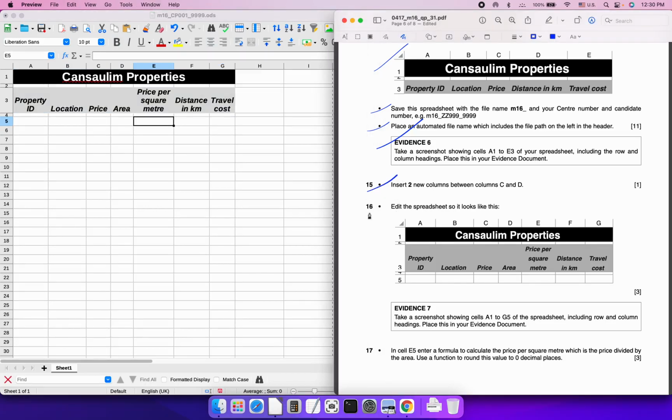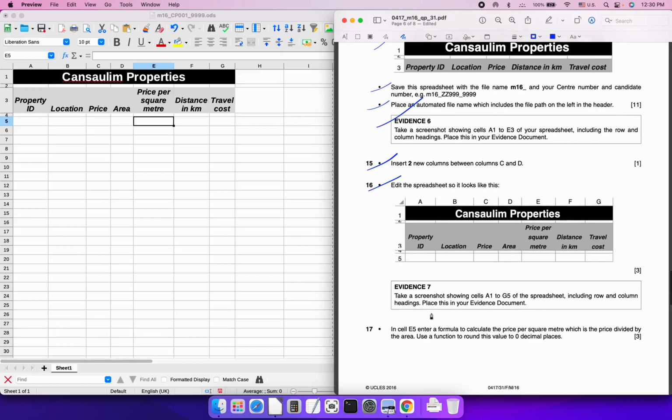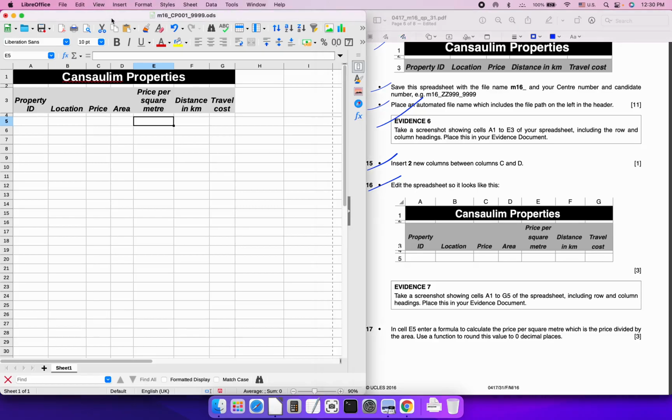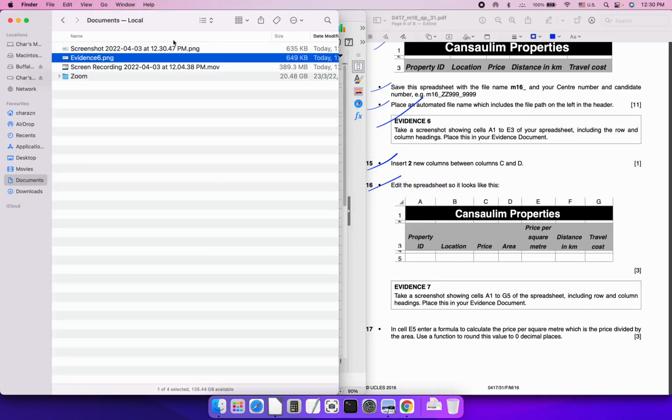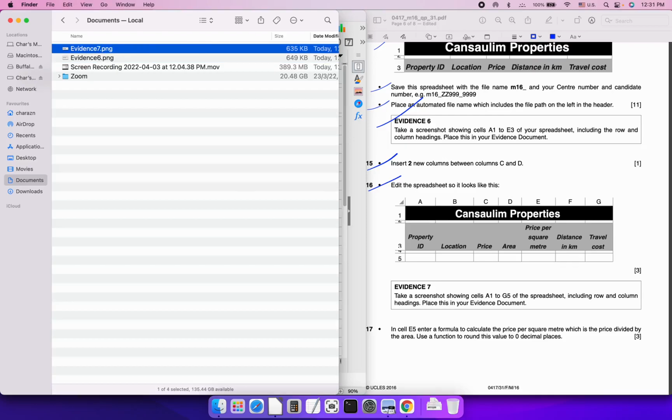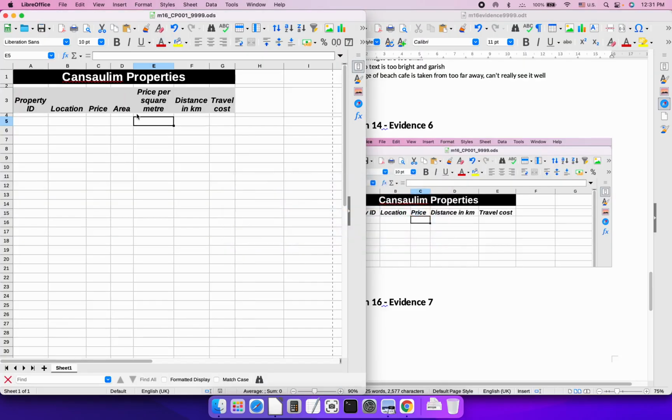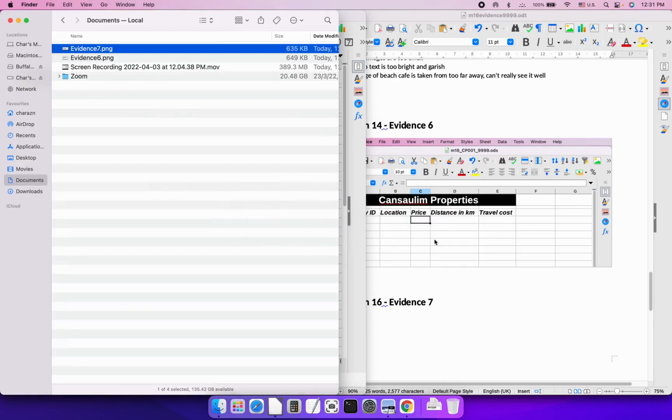So 2 columns added, it looks like that. Take a screenshot showing A1 to G5, so A1 to G5 here, including row and column headings. Place this in your evidence document. So just like before, we need to save this: Command Shift 4, and then select up to row 5 at least, and this is the software that we're using. Take that, go to Finder, name it as evidence 7, go to our evidence file here, and drag that down to